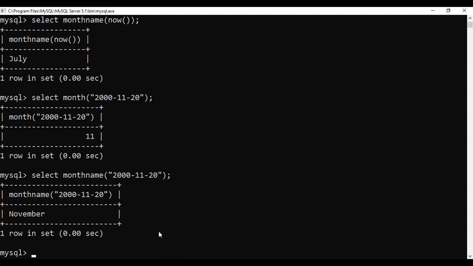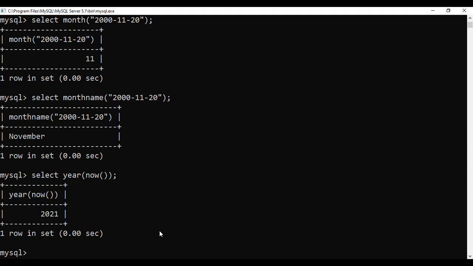Next one is the year function. If you want to extract the year alone from the date part, the function we have to use is year, and we will pass the date as the argument. When I say now, what is today's year? 2021.